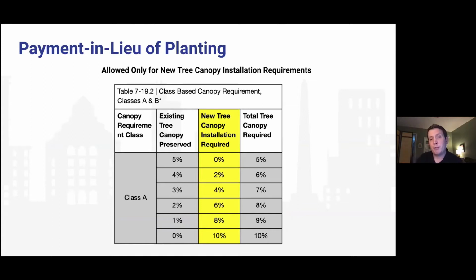And what this slide in front of you right now means is that this is only available for that new tree canopy installation required number. Basically, you can't say I would have preserved 5% of the site, but I'm going to pay for it instead. You have to work off of that 10% number here, like an example in this table. And that payment in lieu of planting,